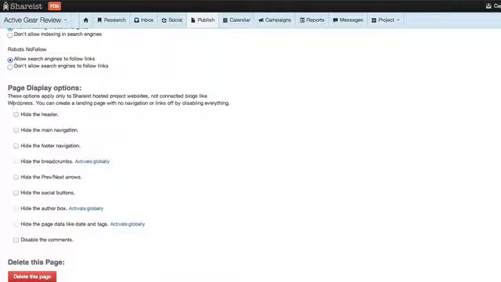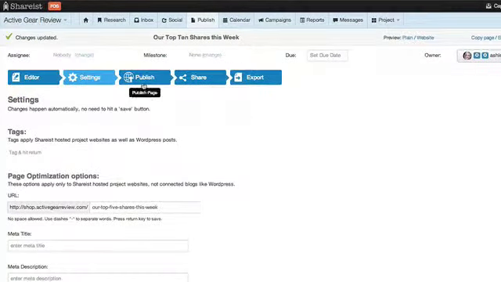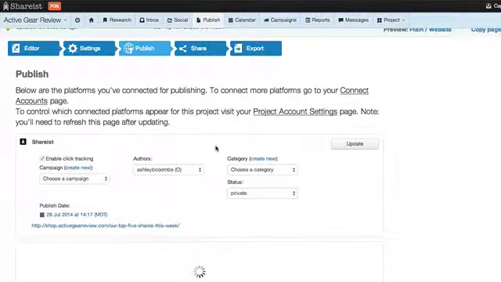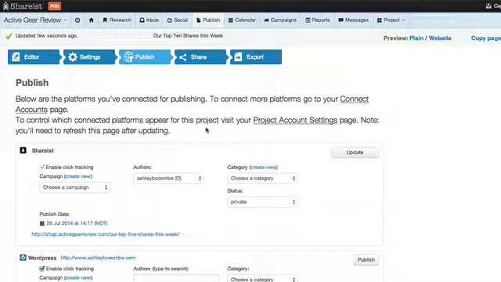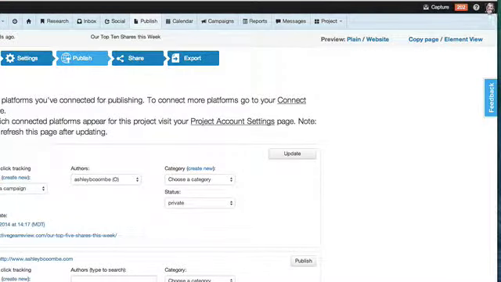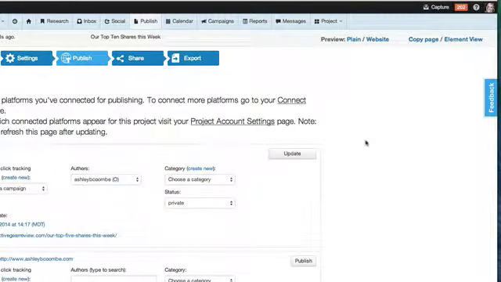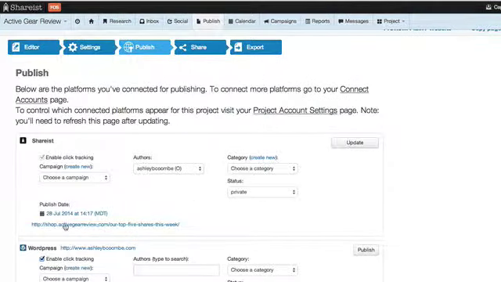And then I can, again, make this a landing page by hiding the header or the main navigation. I can do any of those items right here. When I click the Publish button, this is going to allow me to publish this to any of the sites that I've connected to this account. If you'd like to connect more sites, if you want to connect this to a WordPress, all you have to do is come up here to your picture and go to Connect Accounts, and you can connect another blog to this. So I am posting this to the actual Shareist site that we've put on a custom domain as